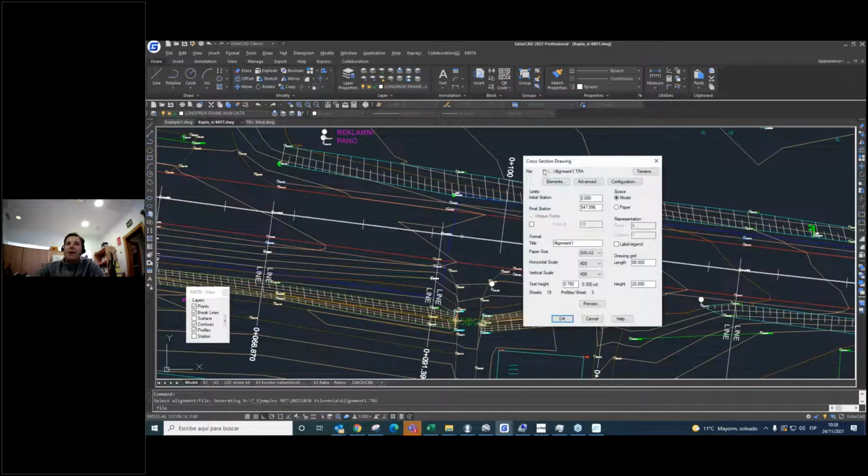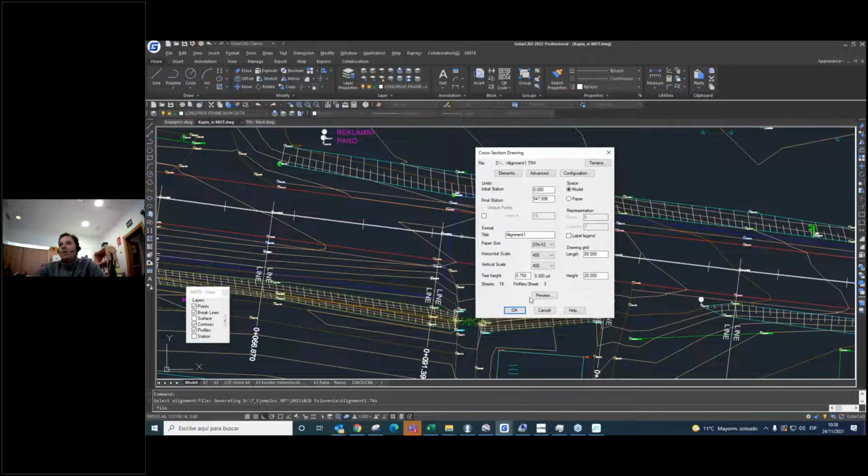Okay. Right now we are going to draw them, for example, in this scale. To evaluate the scale, only control the text, the height of the text. Okay, and we can use, for example, continuous, or we can use different formats like DIN A3, A2, etc. Continuous, for example, like this.